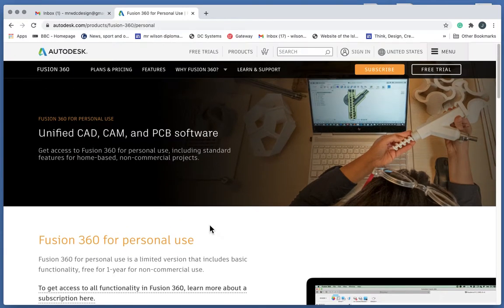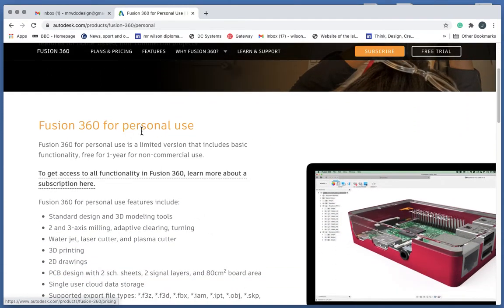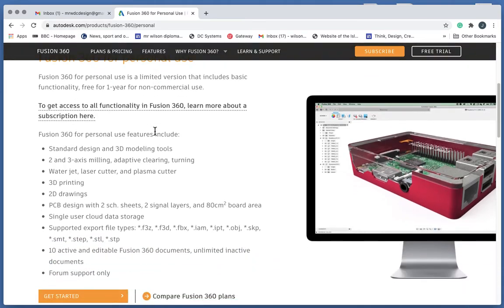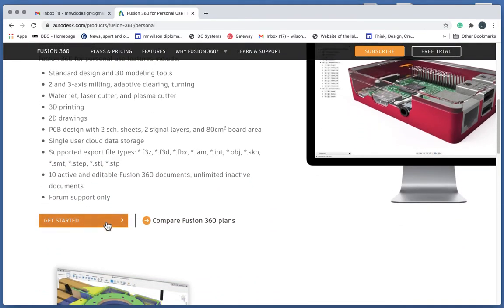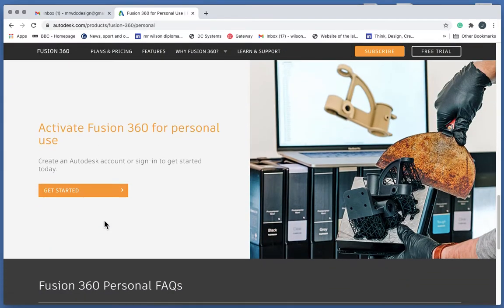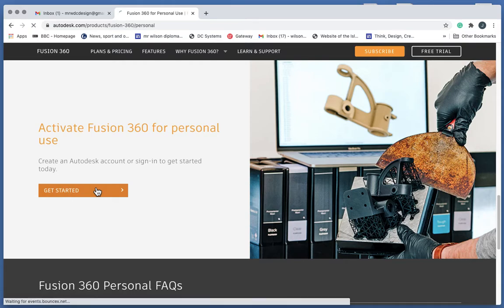So here we are. You should be looking at this Fusion 360 for personal use. Let's come down and hit the button that says Get Started. Activate Fusion 360 for personal use. Let's get started. You're going to use your